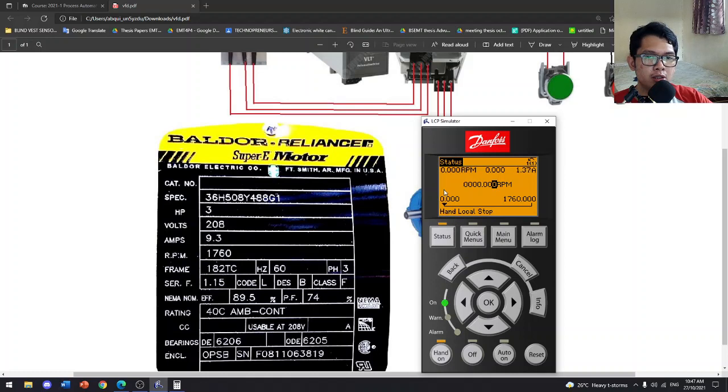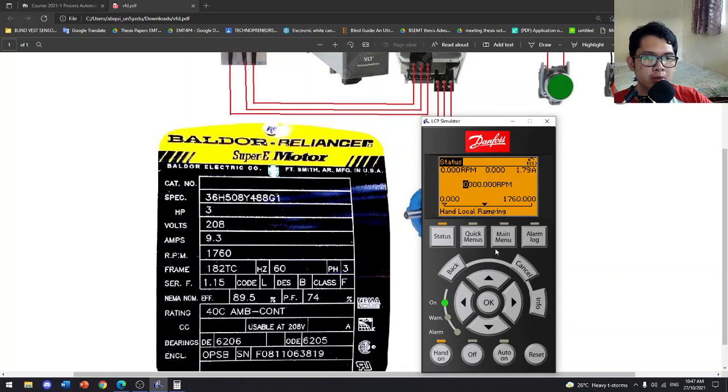So this is now the result of our work. Then you can also change this one to your assigned RPM, which is 1760. Okay, as you can see, there is a moving symbol right there coming from this portion up to this portion. And after that, turn off. Then we can now proceed to motor configuration.